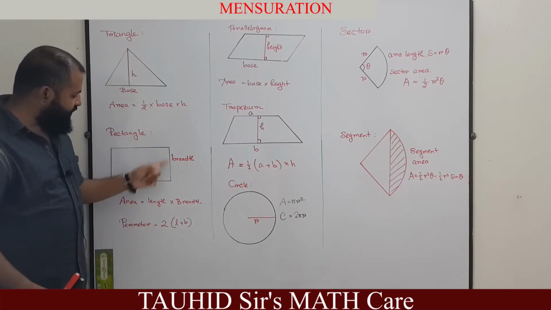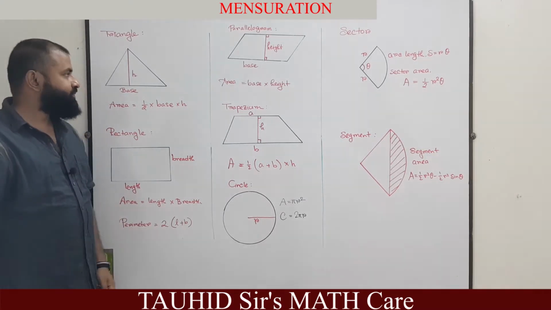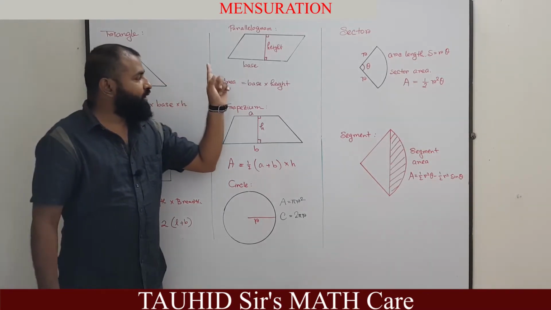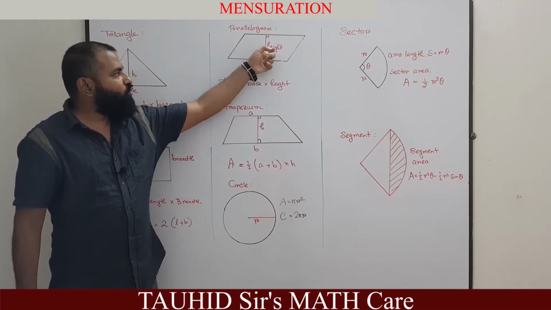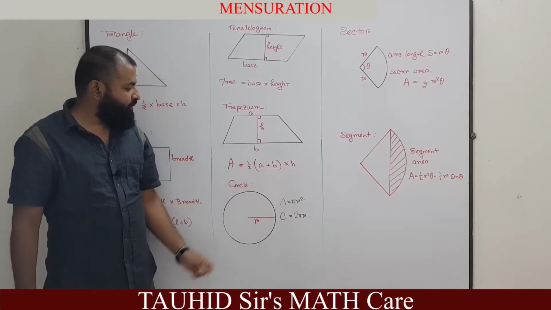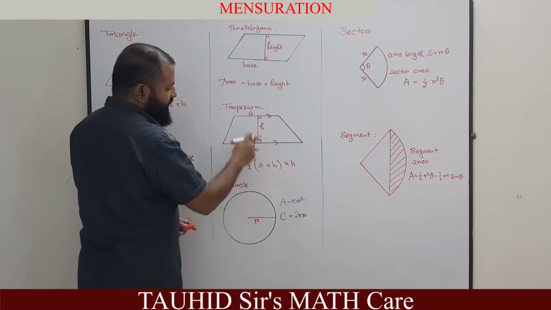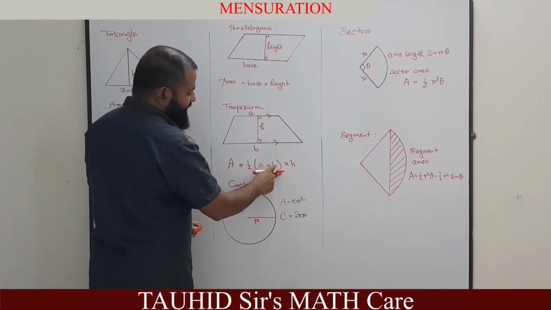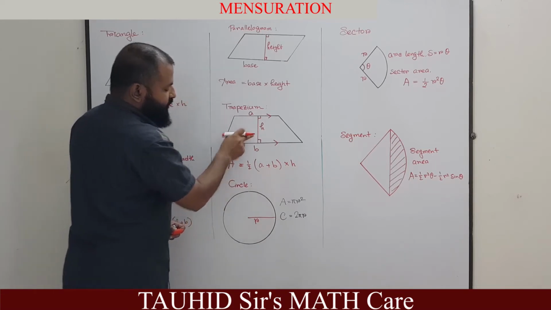and the perimeter of a rectangle is 2 into (length plus breadth). For a parallelogram, the area of a parallelogram is equal to base into height. Trapezium: the area of a trapezium is half into (a plus b) into height. Half multiplied by the sum of the parallel sides multiplied by height, that means the perpendicular distance between the two parallel